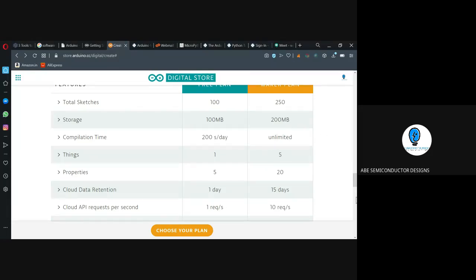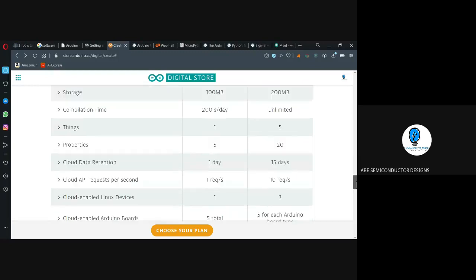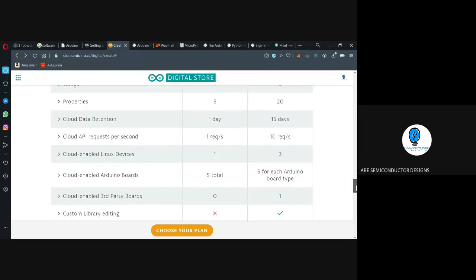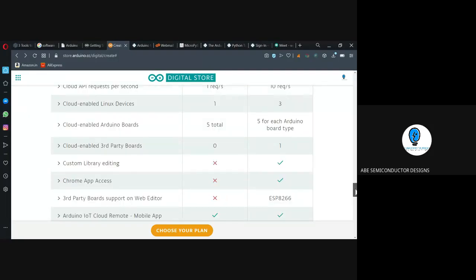But here this is different. The Maker's plan is $7 per month actually. So this is another criteria where it can be utilized. You can utilize five boards at a time, and with the free plan you don't have customized libraries. When you want to integrate customized libraries, we don't have it in the free plan. So again, we have to go for the Maker's plan. So these are all the drawbacks. You can invest at least 200 rupees for getting all sorts of applications with a mechanism.